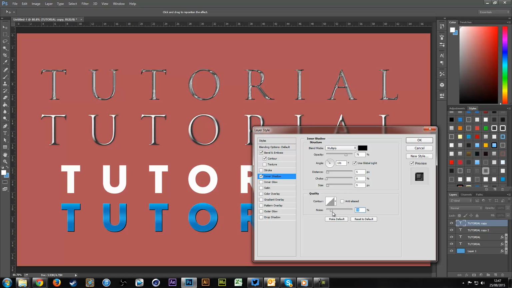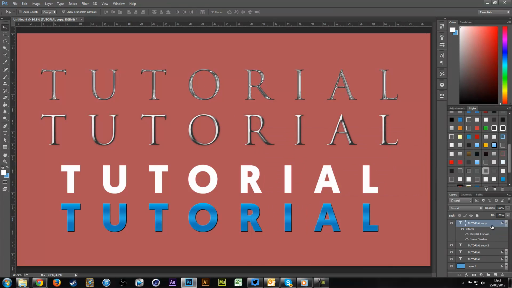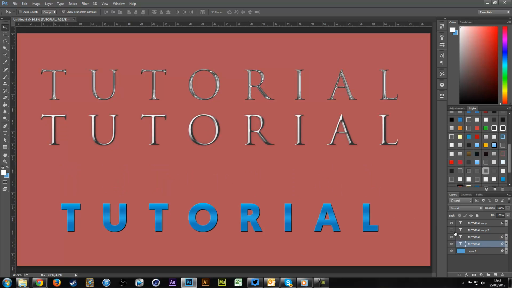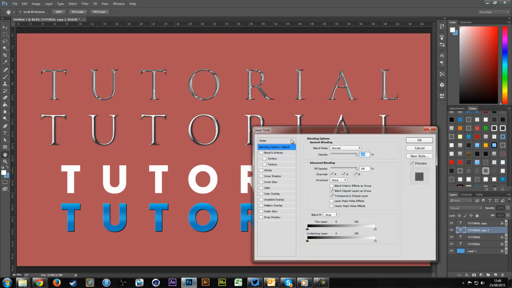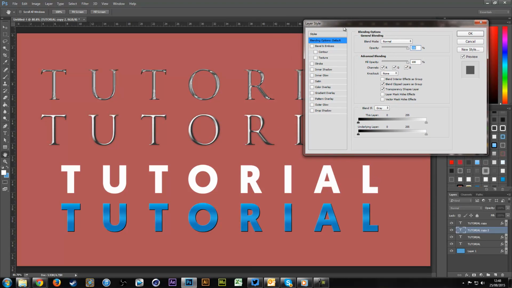But once again, I'd usually just leave these especially as default, and I'd only really play with these options here. And this probably isn't the best example with this text here, so I'm gonna click OK, but I'm gonna go down to the text that I had below here. Which, am I on the right text? No, it's that one. And I'm going to add an inner shadow on this one, just because this one will be a slightly better example where it's a little bit thicker and you'll be able to see the inner shadow